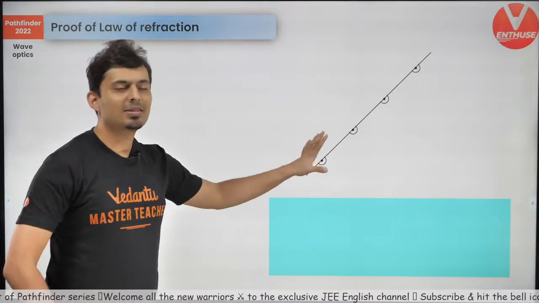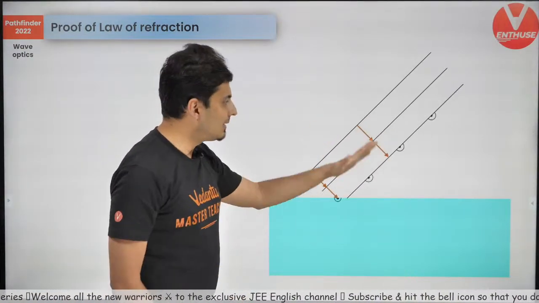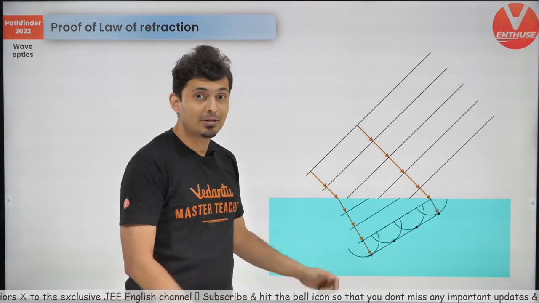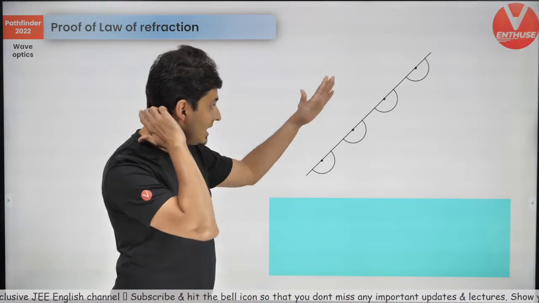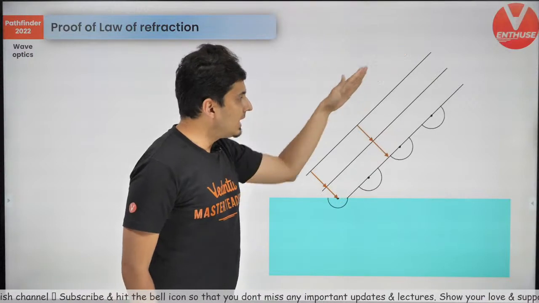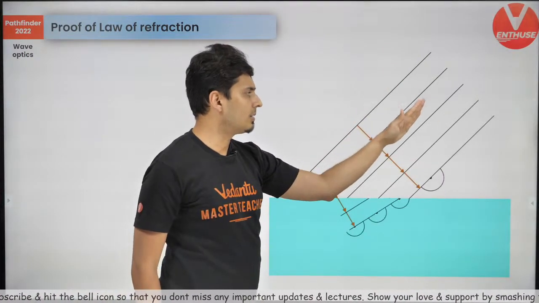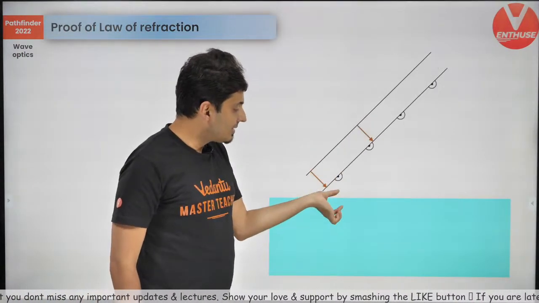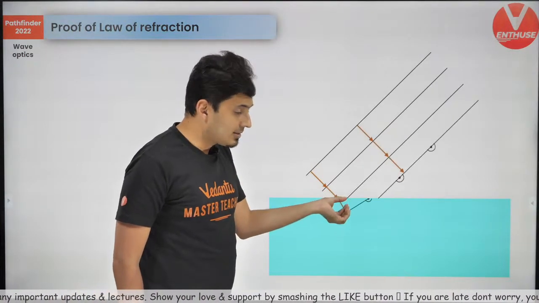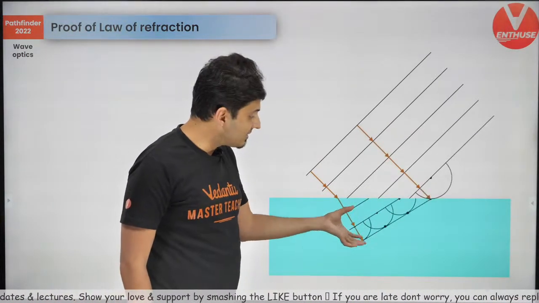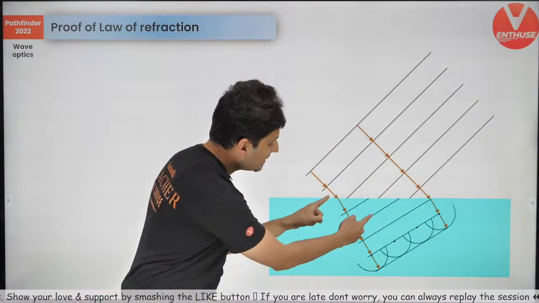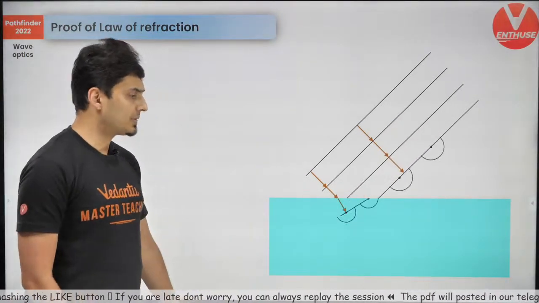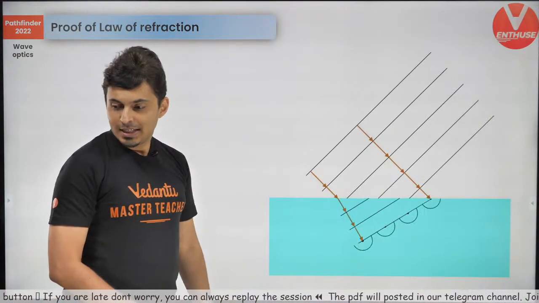Okay, so this is the best way for you to see why light bends. Many of you question it. Sir, why does light bend? I did not understand it. Look at this. This is the correct explanation. What is happening to light? Why is it bending? In normal medium, if there is a plane wavefront, it creates a new plane wavefront. But the moment there is a medium, the wavefront bends. The reason is because the rate at which the wavefronts are created and the manner in which the wavefronts increase in size is slightly less. So you will see these circles are smaller, and that's why the wavefront bends, and that way the light also bends.